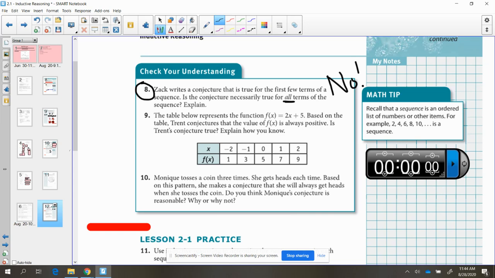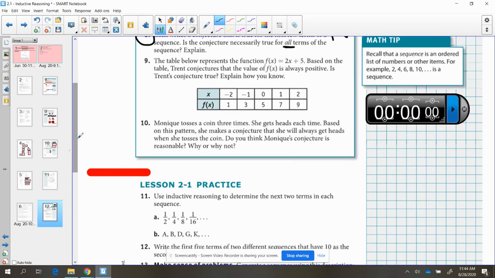All right. Let's see. Last one we're going to do together, and then we'll finish number 10 on your own. Number 9 says here that the table below represents this function here. Based on this table, Trent conjectures that the values for f of x are always going to be positive. Is that necessarily true? Well, the answer again is no, because as this pattern continues, as numbers are getting larger